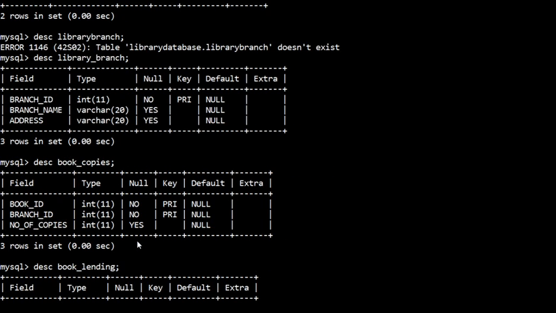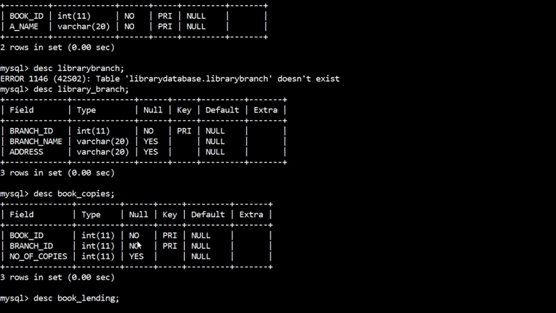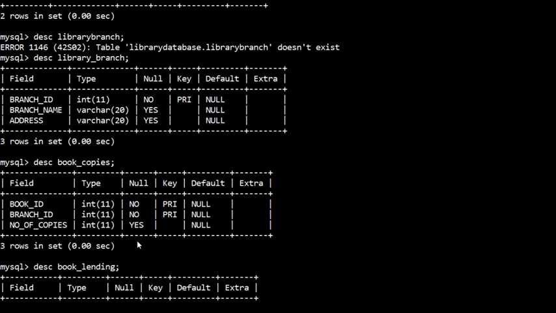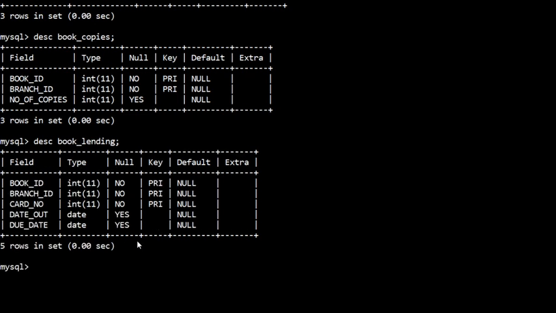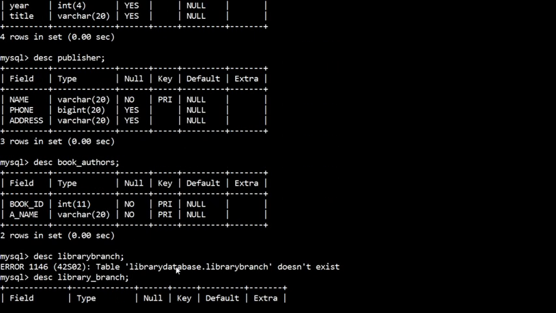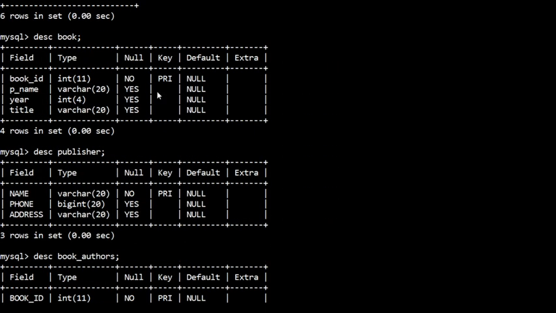Now the next step is you have to add the foreign keys. First I will show how you can add a foreign key to the table book. In book, publisher name is one of the foreign keys and it refers to the publisher table. We'll see the structure of these 2 tables. Here publisher name is varchar 20, and in publisher, name is the primary key and the data type is also matching.